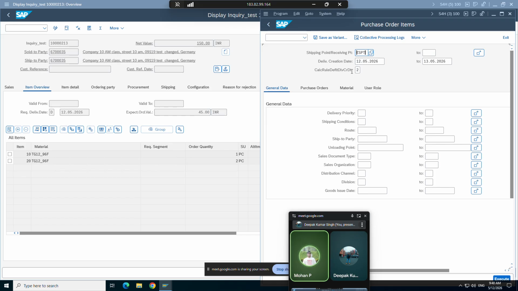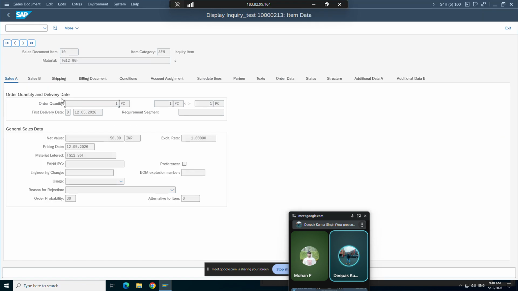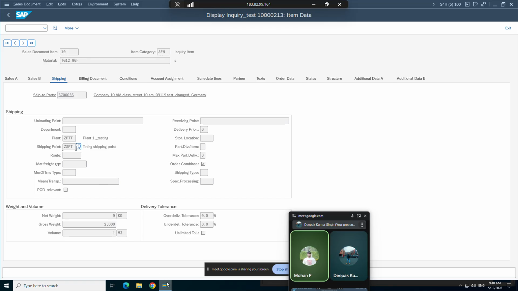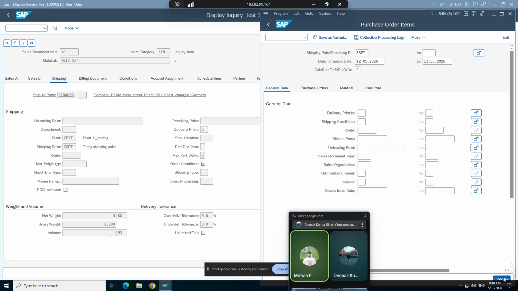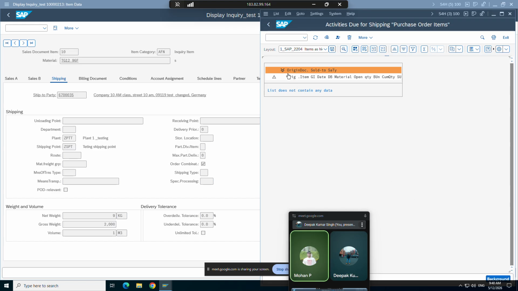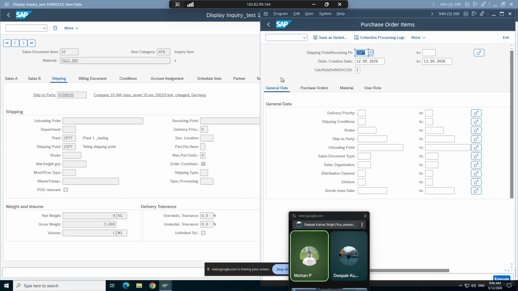There, VL10D. You see sales document type, party. Okay, let's do one thing. ZSPT. That was our shipping point, right? Yes. Let's execute it. VL10D is for when you create with reference to a purchase order. Forget about the purchase order for now, I'll just give you a brief idea. Let's say, as I told you,